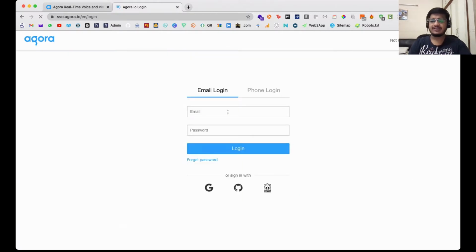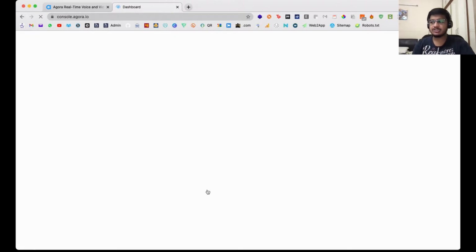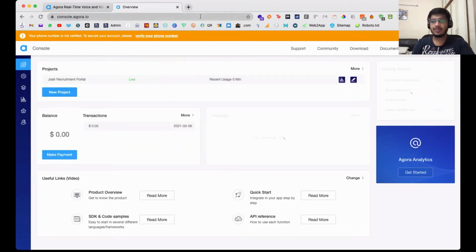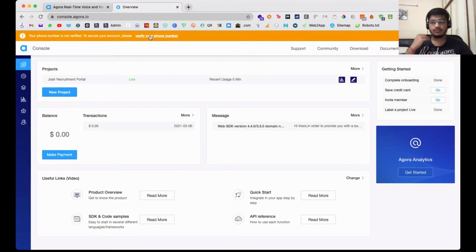So it's a very, very simple sign up form. You just enter a few basic details, and once you're done, you can begin logging in. You can also use GitHub authentication, Google sign in, and it just makes it easier for us. So now, once you have logged in, you'll have to verify your phone number as well. So after you follow these steps, you have a full-fledged account.